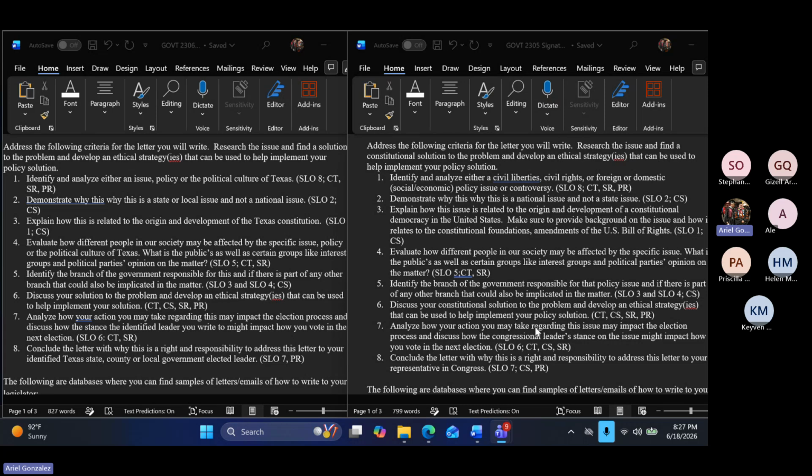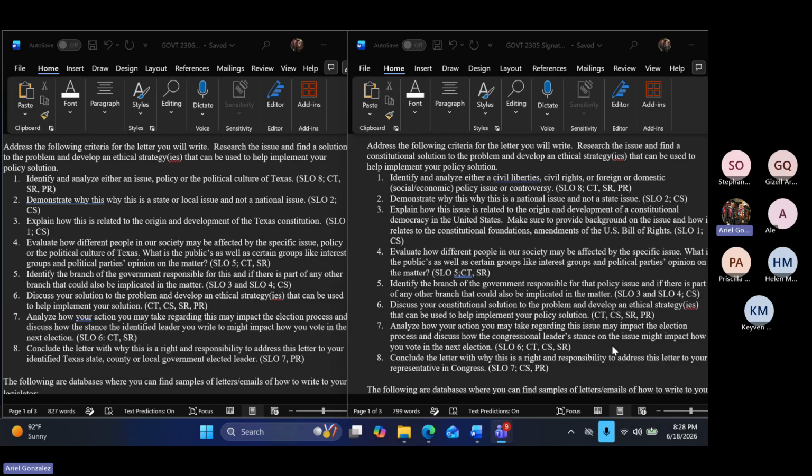Same thing over here. Yes, I think it's right. Analyze how your action may take regarding this issue may impact the election process, and discuss how the congressional leaders' stance on the issue might impact how you vote in the next election. And so, like I said, completing this assignment this year is perfect because we do